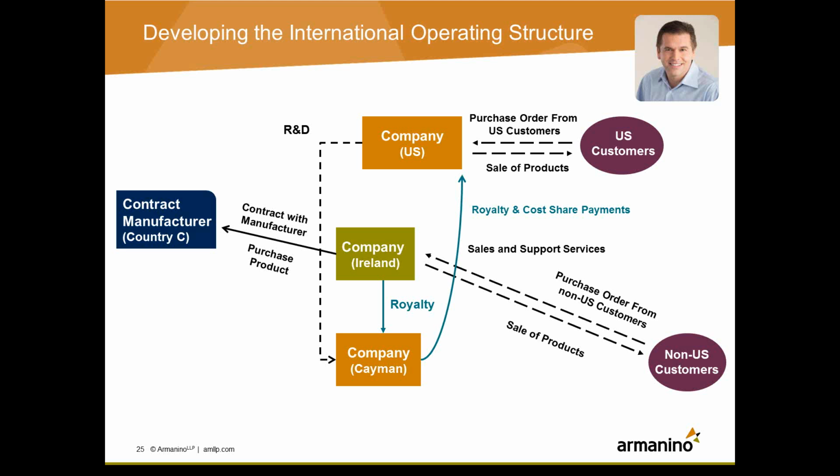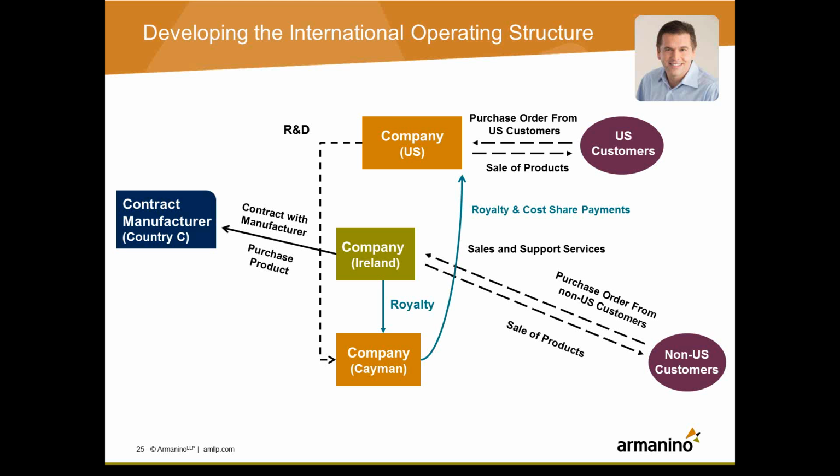You would then have your other subsidiaries, sales subsidiaries in the UK, France, Germany, Taiwan, Korea, wherever it might be, located underneath this Irish structure. And all of those entities would be treated as one group entity using the check-the-box or disregarded entity provisions of the U.S. tax code. So just in a nutshell, that's the basic structure.